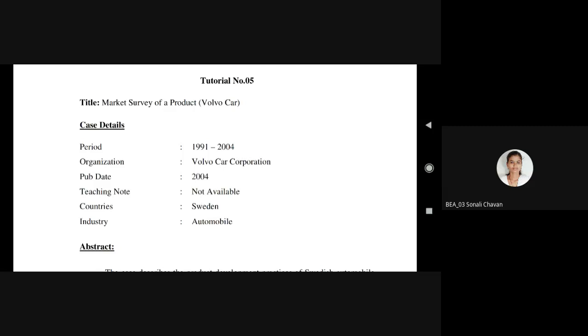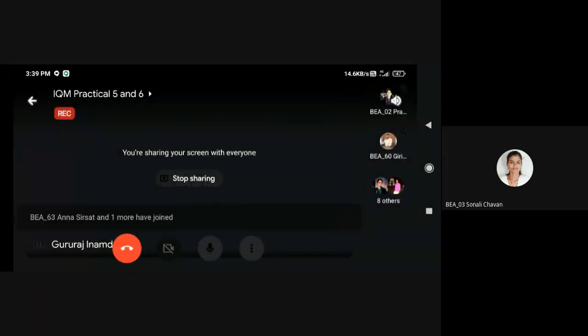Suppose there will be a number of products, childhood products may be there, or some medical related products. Is it right? So we have to find out who is our customer. Now in market survey, that point is very important, to find out who is our customer. Suppose for example, you are manufacturing toys. So who is your customer? Definitely children. Is it right?